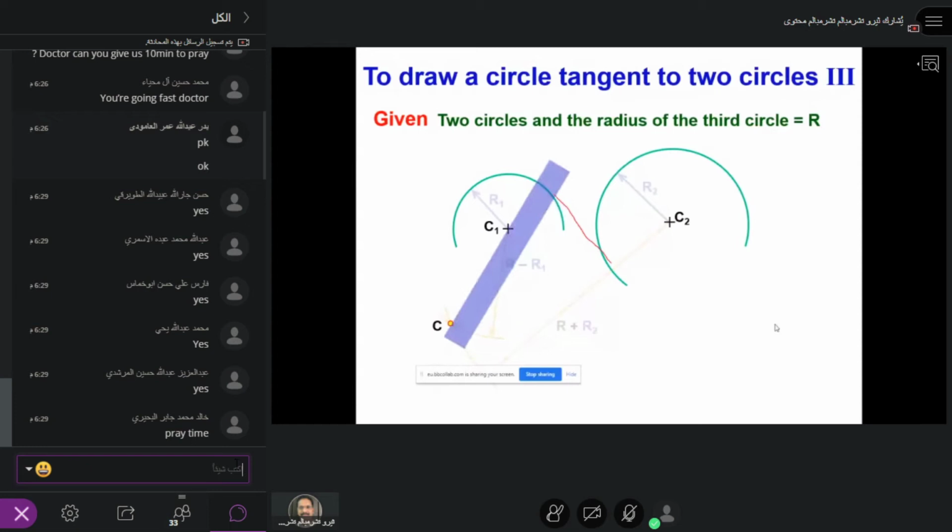Then mark the first tangent which joins C and C1, and similarly C and C2 will connect at the tangent here. See, the point is the tangent can be anywhere. So if you want to draw, the point here is the center and the tangent must be in the same line. So you can join it anywhere, any tangent to this tangent. All right. If you want both cases, maybe you have to draw one more tangent here and another tangent here, and you can make another way like this.